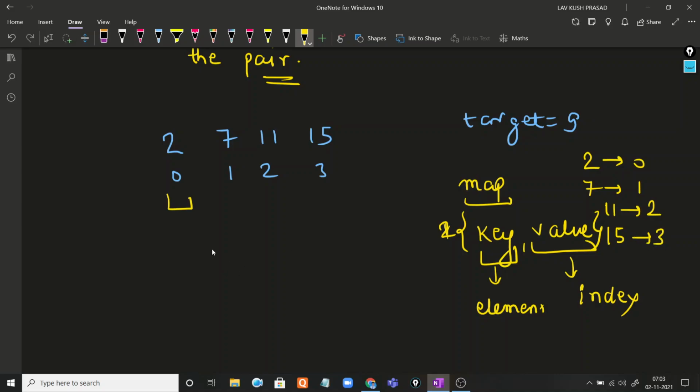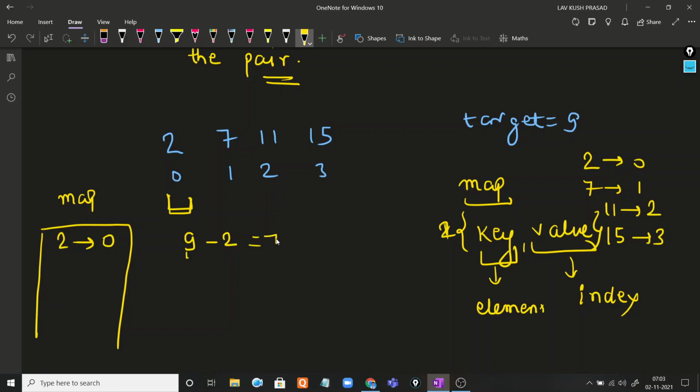Okay, so from the beginning we will traverse, take the 2, and put it into the map. Here is the map, all right, and we check at every iteration whether target minus 2, 9 minus 2, which is equal to 7, is present in the map or not.